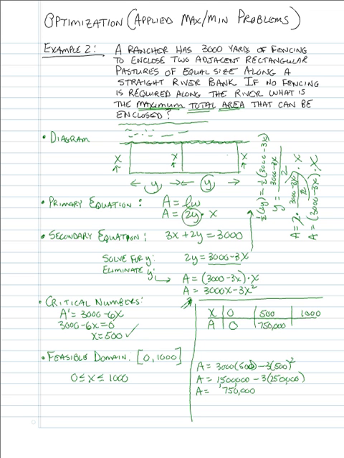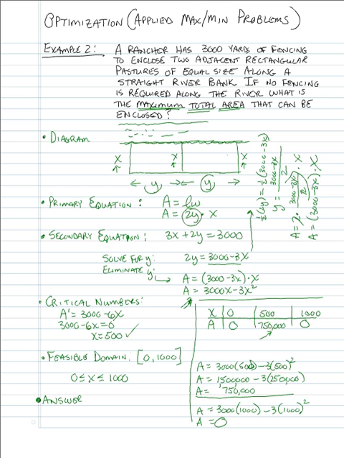And then in the case of x being 1,000, we just do the calculation again, so we'd have 3,000 times our x value of 1,000 minus 3 times 1,000 squared. And with a bit of calculation, we would find out that that value was 0. This is kind of like the very first problem we did, but we can't assume that those endpoints are going to give us 0 each time. Don't make that assumption. So the absolute minimum area is 0, okay, but the absolute maximum area is 750,000 square yards. And so to answer the question, the answer is